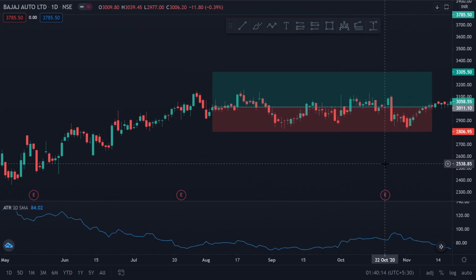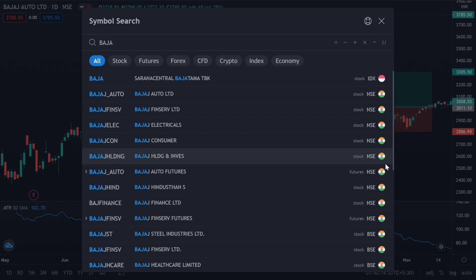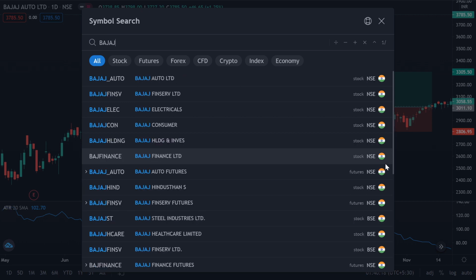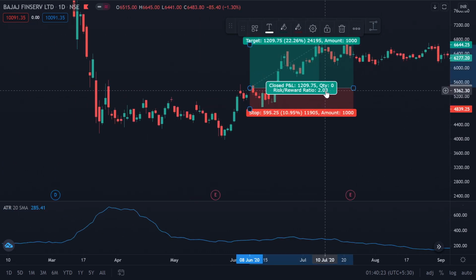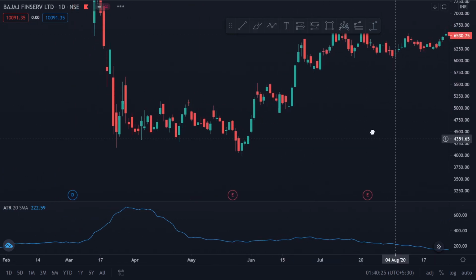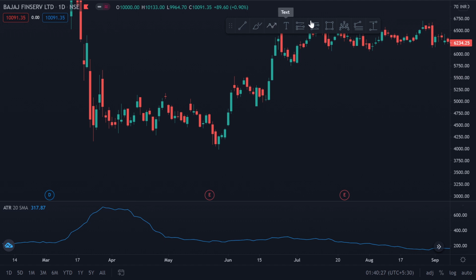So again, last example, I'll go for Bajaj Finserv. If you look at Bajaj Finserv, again, very common. I'm showing you examples of when you take trades at support and resistance breakouts. You can do this for any logic. You can do this for pattern breakouts or whatever other trading strategies you use. But I'm using the most simple trading strategy, that is support and resistance breakouts.